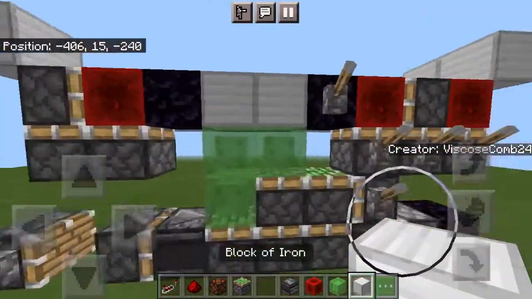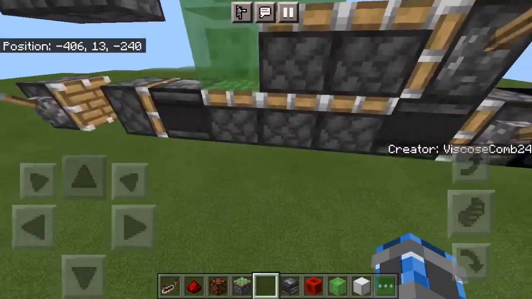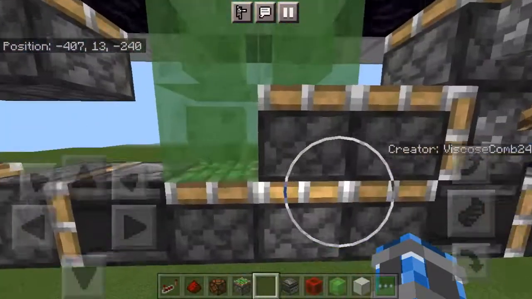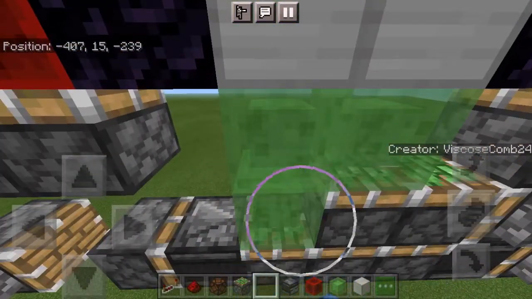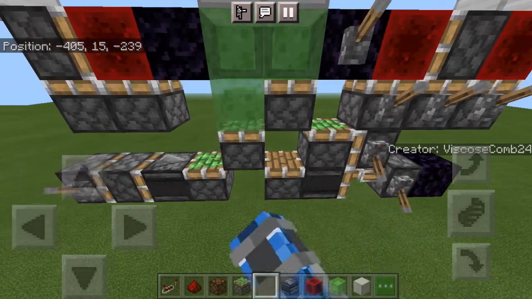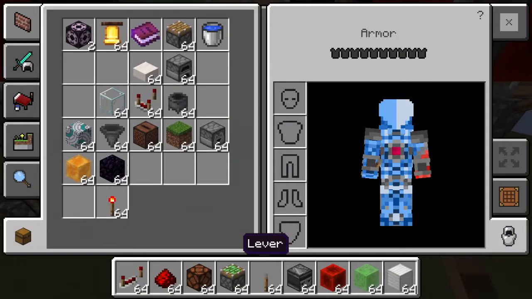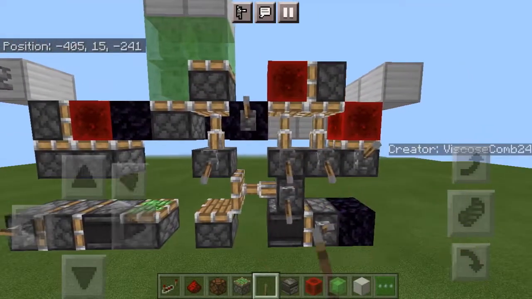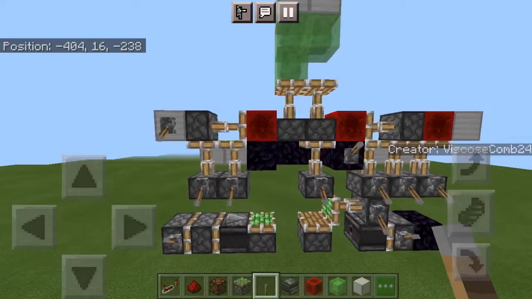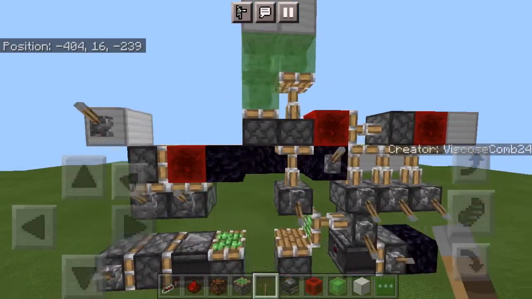So in order to make up for that, I added an extra sticky piston down here so that I can have a sticky piston to help retract, and also a sticky piston that can be brought along with the slime. And so first things first, we slide it, push that in, refire, then power that, do this redstone block storage, and then do this redstone block storage. And there we go. It's pushed up 5 blocks. Now retract that, then this,